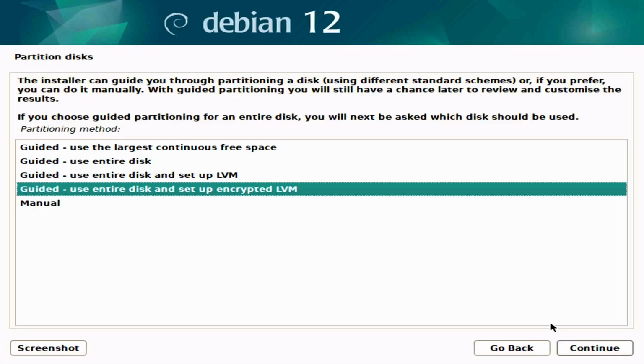It's probably just caching something in there. Who knows? So what we're going to do is make it easier on ourselves. We're going to use the entire disk, and we're going to encrypt it, because encrypting is a really good idea for security. You have a laptop, it's going to be your workstation, you encrypt it, and then you take